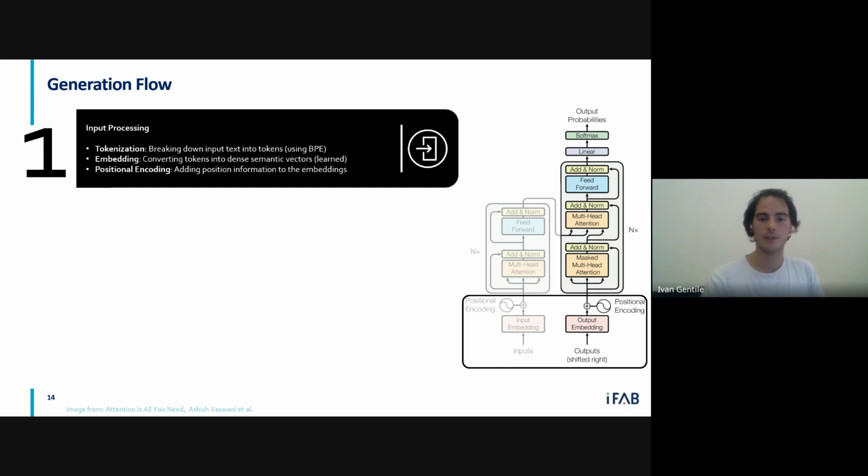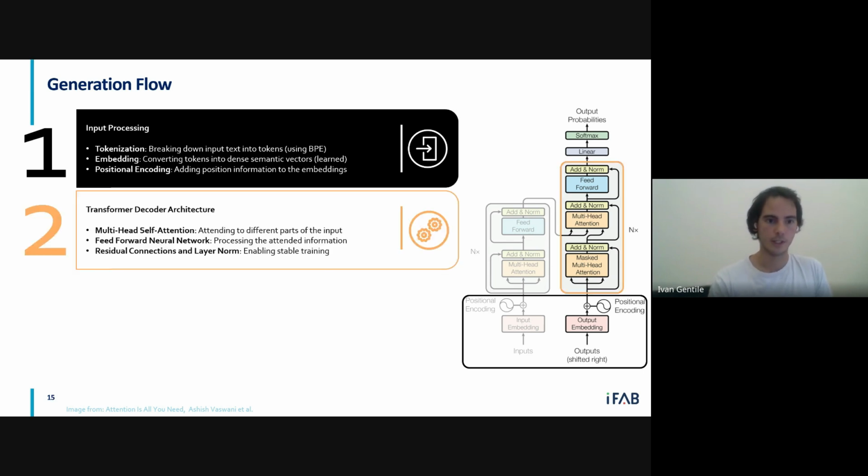The first step is the input processing, where we take text and transform it into numbers. The way we transform this text into numbers is called tokenization. And we start applying these weird and strange ways of transformation in order to then feed it to the transformer layer. This process is called embedding. And we also have a positional encoding part.